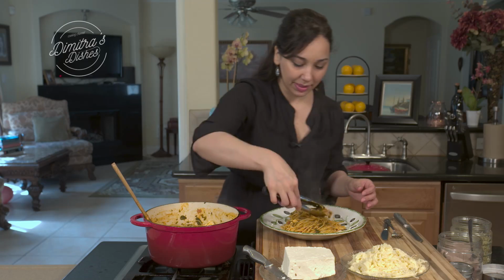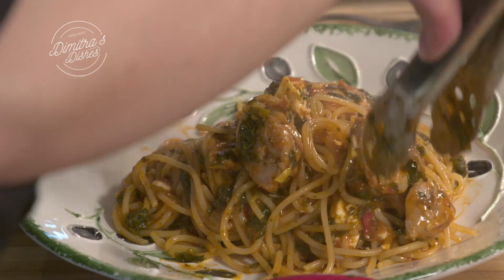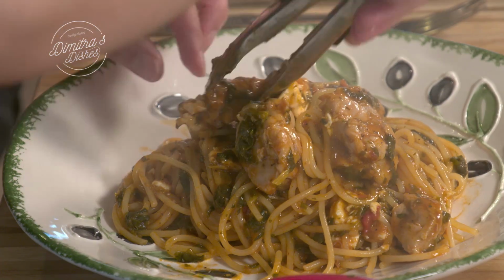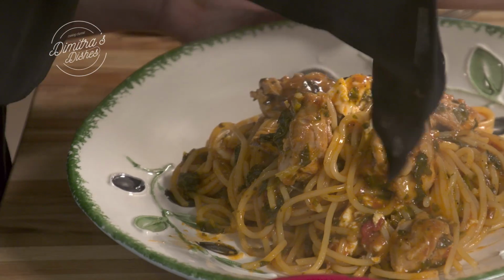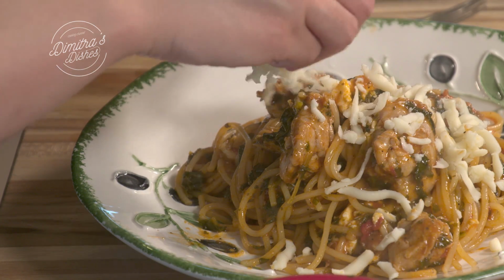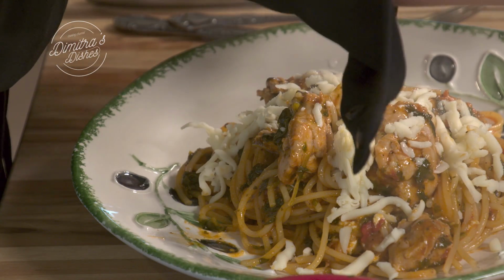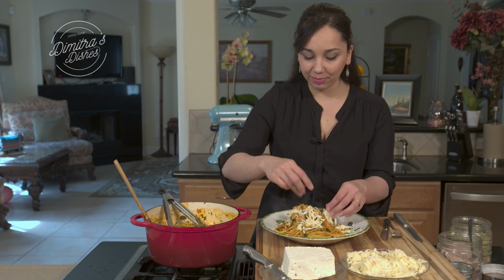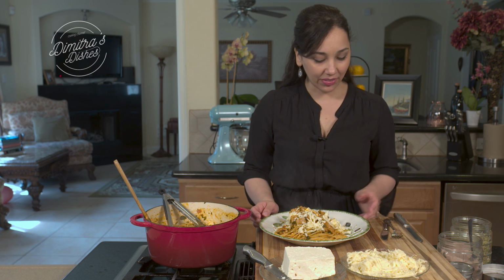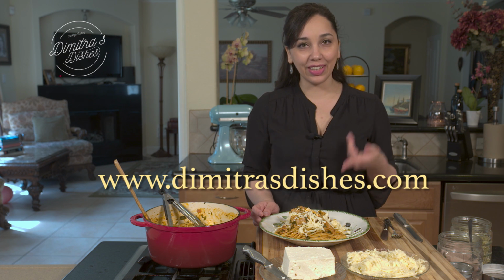And let me get some chicken pieces. I mean, tell me who wouldn't want to eat this? And then I'm just going to put some mozzarella cheese on top, and it'll melt slowly from the heat that's coming out of this pasta and chicken. Just like that, beautiful, delicious. All you need is a nice salad on the side. It's too hot for me to taste, you guys, but I'm pretty sure you can tell the way it looks,